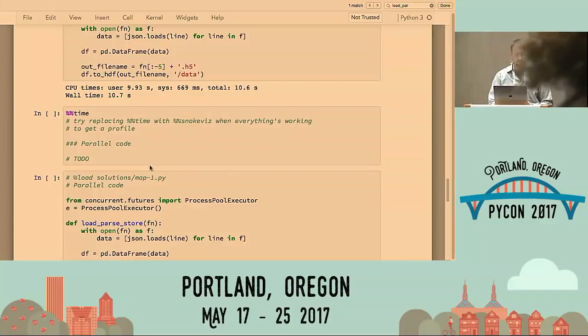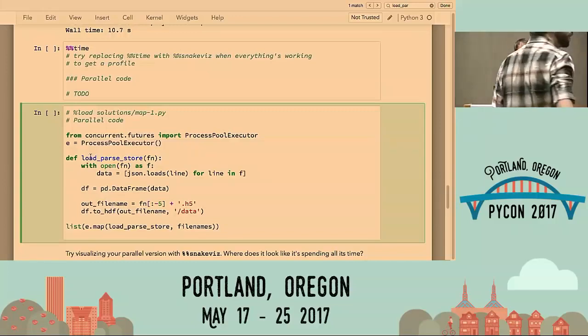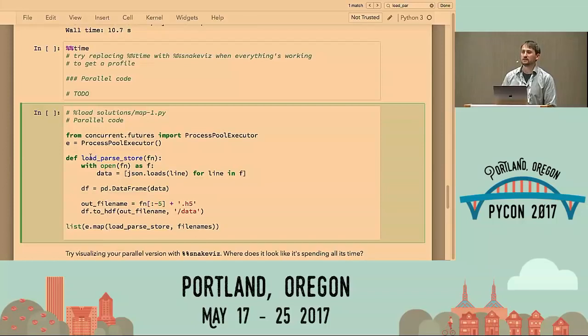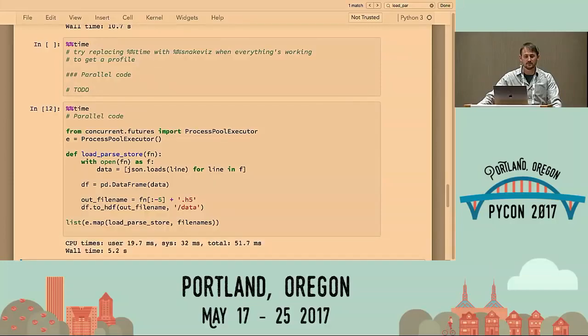So here's one solution. We're creating our process pool executor. We've got our function that loads the JSON and then stores it in HDF5. And then we just map load parse store onto file names. And we can time this and see how long this takes compared to the serial case. So this took